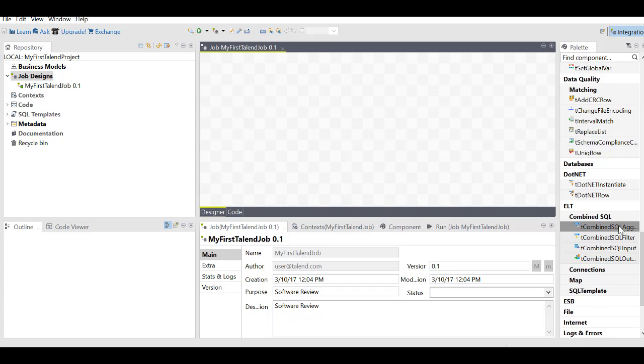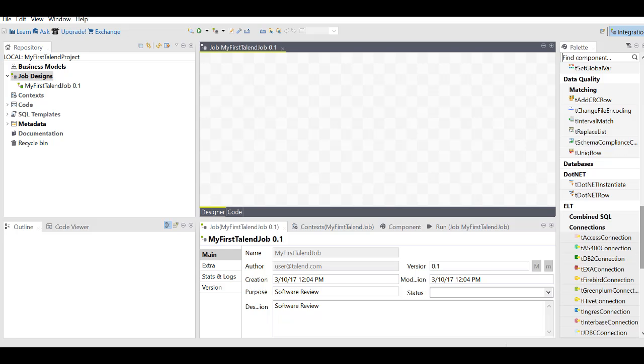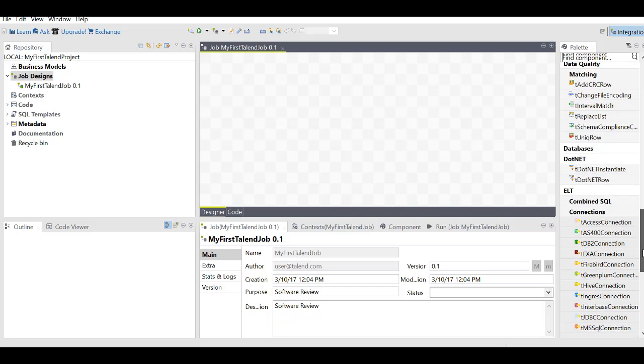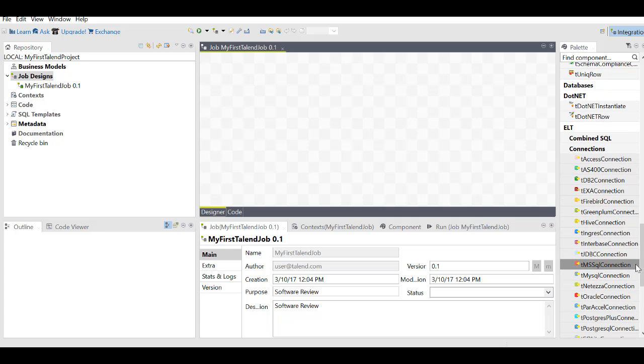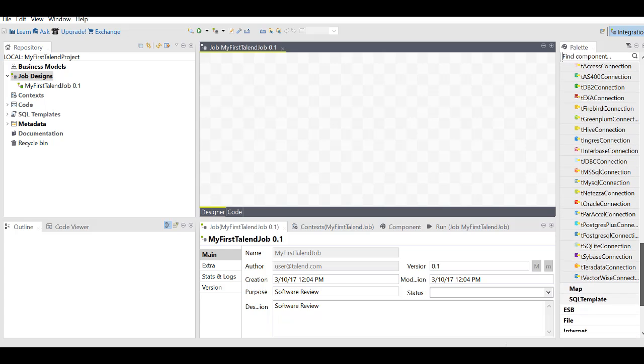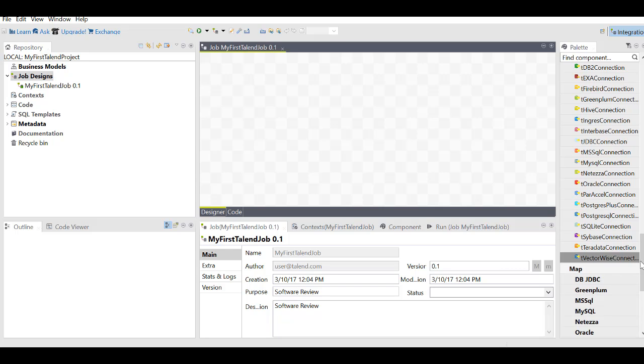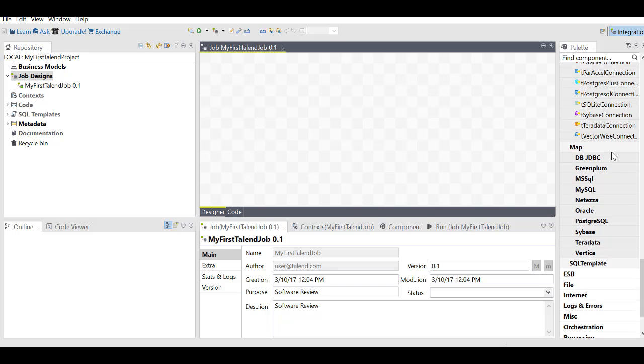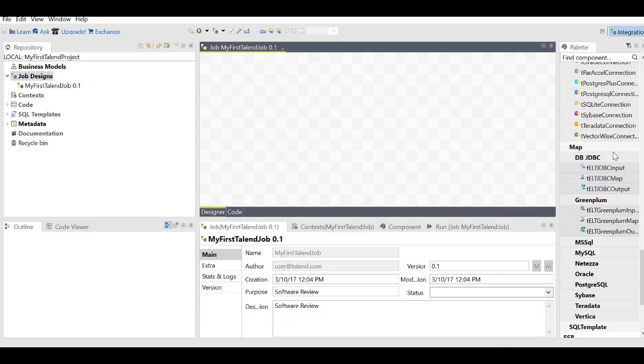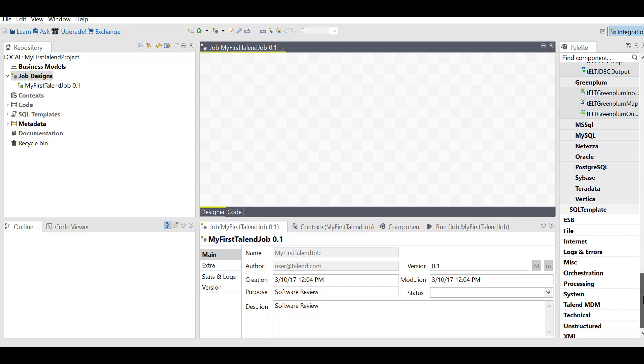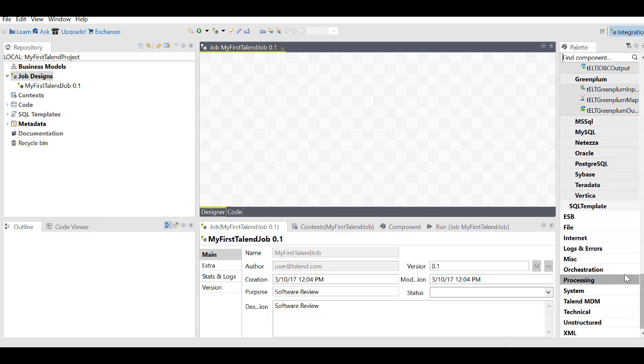ELT is there. It's for SQL aggregation and filtering. Connections which we can use, all the different JDBC connections, MS SQL connections, everything comes under ELT. And mapping is used to map all the different columns from input to output. So JDBC, Greenplum, SQL, MySQL, Oracle, Postgres, all the main components which we use with the database are present in